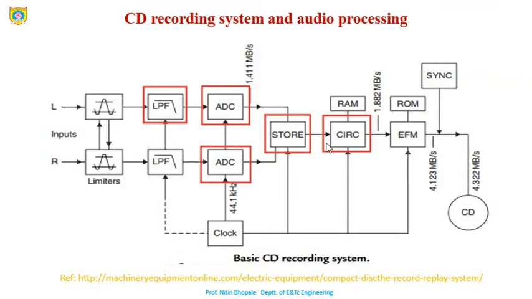Apart from this, after the storage we may have some errors, like the signal error from the digital to analog conversion. Similarly, the error due to the motor speed, the error due to the pitch, and the error due to the precisely controlled frequency. All these errors will be corrected with the help of the CIRC. What is CIRC? It is the cross interleaved RS code. Cross interleaved RS is nothing but the Reed Solomon code.